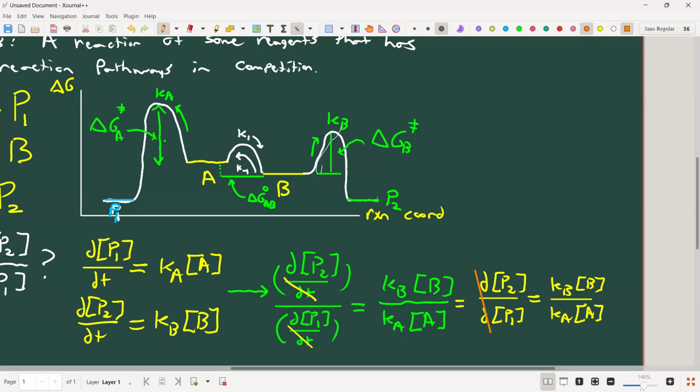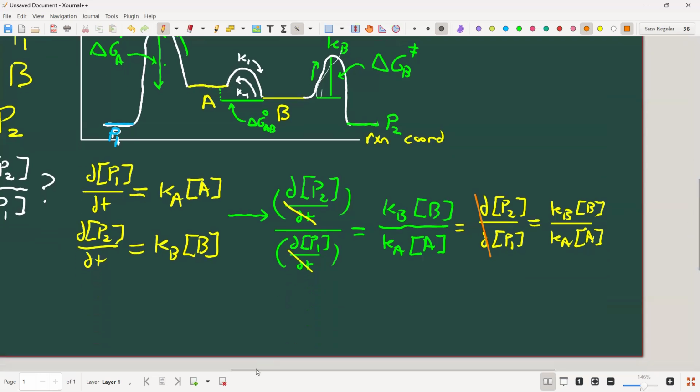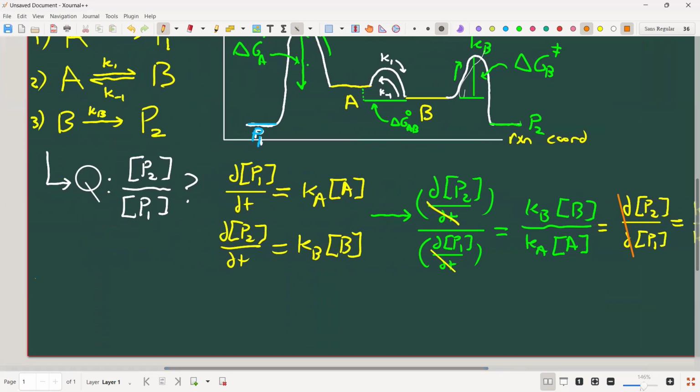The ratio of the products has some rate constants in it, but it also has a ratio of B and A, right? But we know this value because B and A are in rapid equilibrium with each other. B and A are constantly going back and forth. So the ratio of B and A is fixed. Right? So let me just write that here. So the assumption that we're going to make here